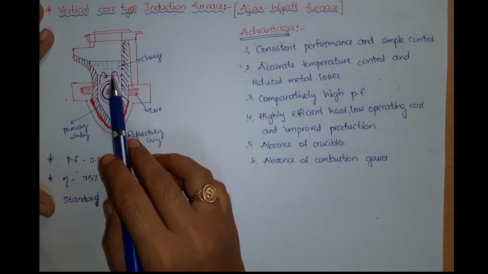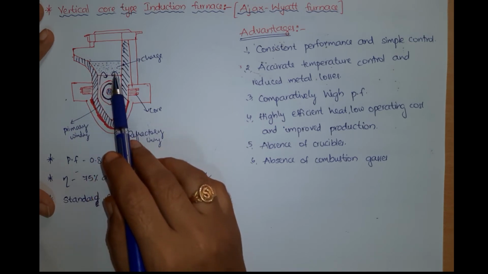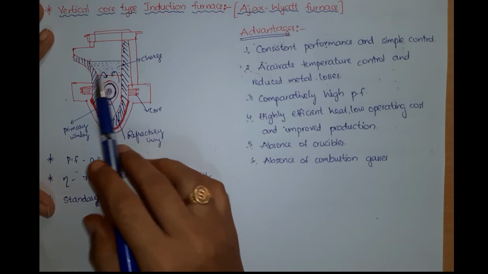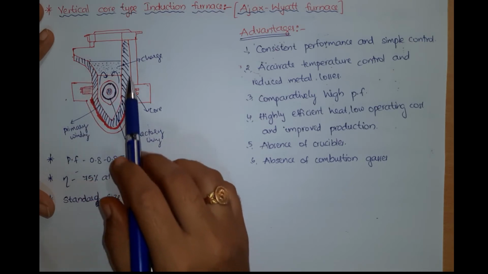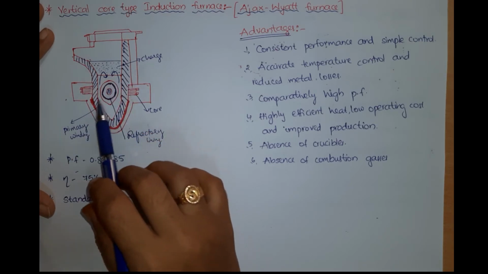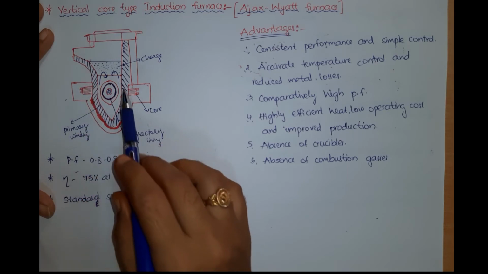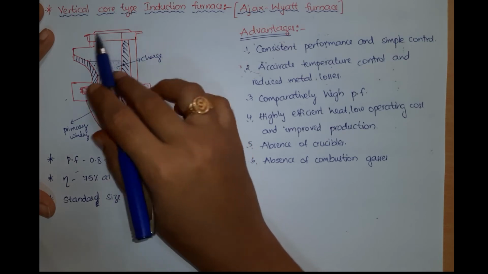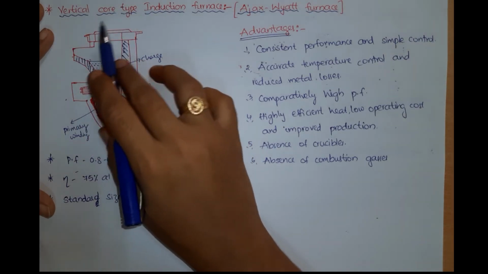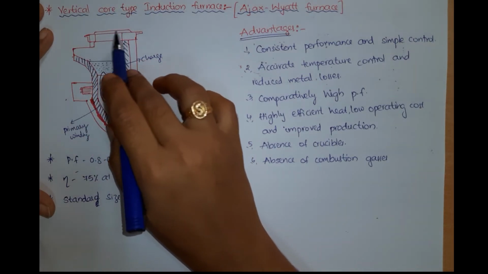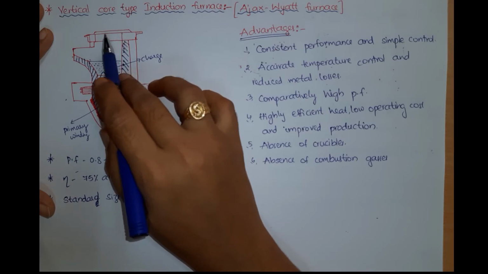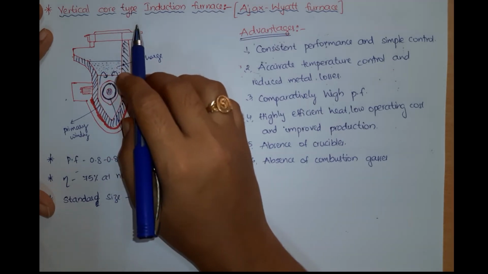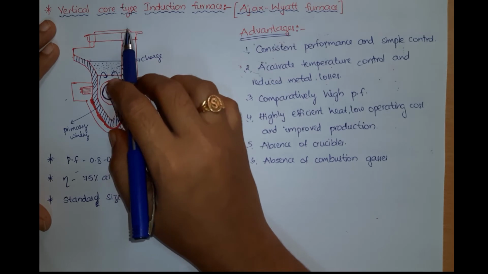You can see the charge right here. You can place the charge. Also, the shell of the furnace is made of heavy steel, right? So the top is closed. See, this is the insulator which closes the top. This can be removed for charging also, and this is a removable one.